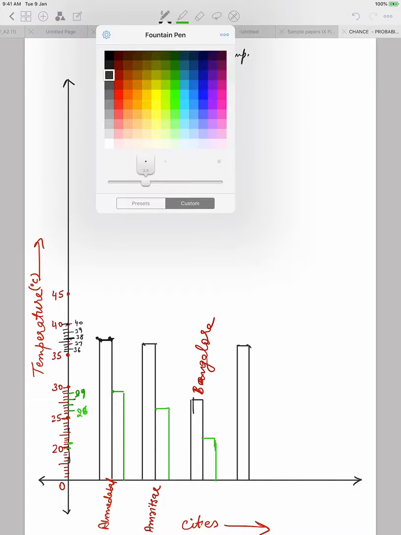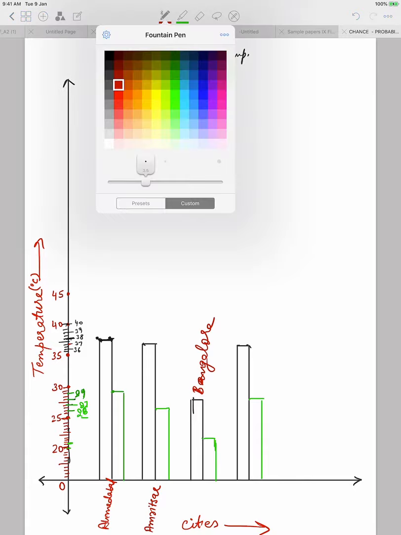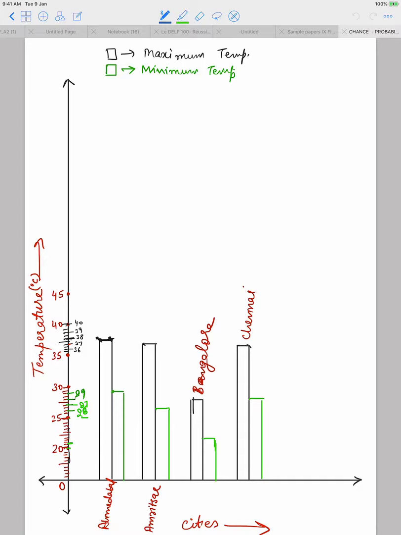And what is the minimum temperature of Chennai? It is 27 degrees Celsius. So 27 will lie between 25 and 30. This was 26 and after this is 27. Right, so 27 will be around this. You can easily mark it because you have a graph paper with you. I don't have a graph paper, so I'm just taking approximately and then writing it here. And both these are representing the temperature of Chennai. Similarly, we can draw the bars for Delhi, Jaipur, Jammu and Mumbai exactly in the same way.